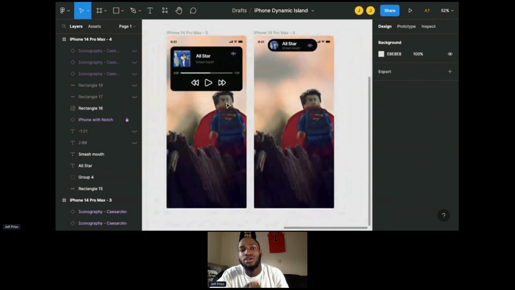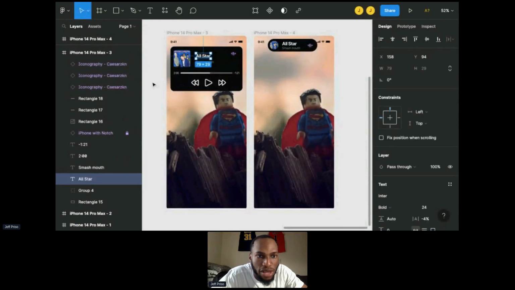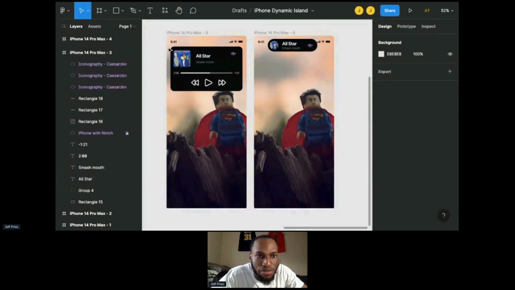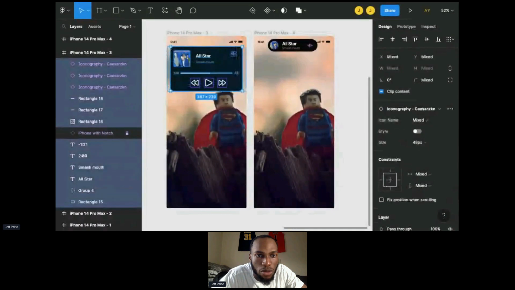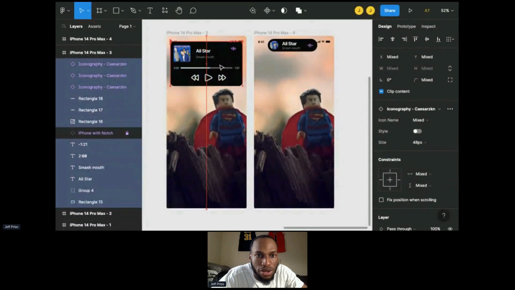And in Figma, you're able to prototype things right away. So right now I can make a prototype and it all works. So that's what we're gonna do. Let me just